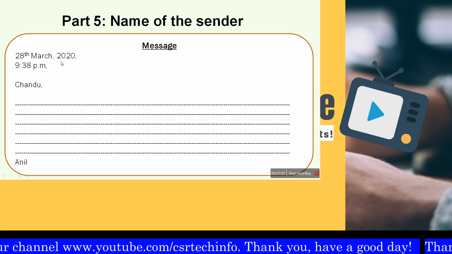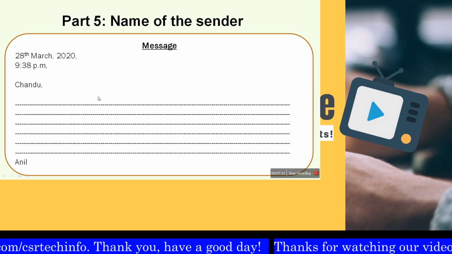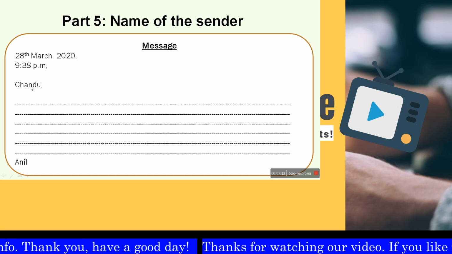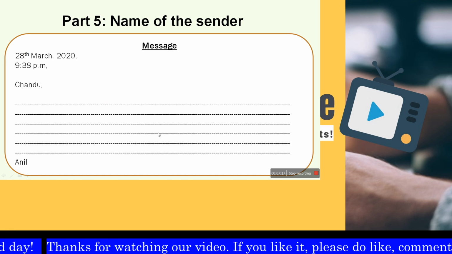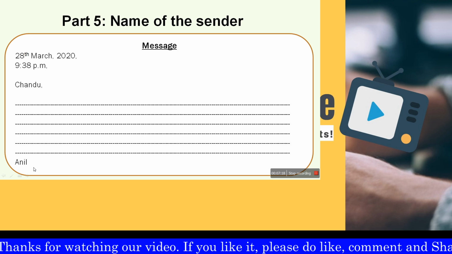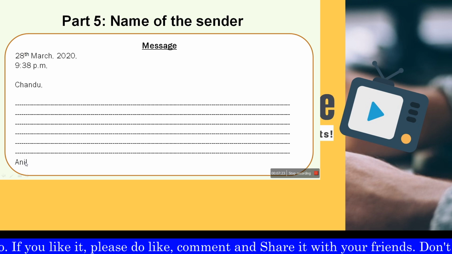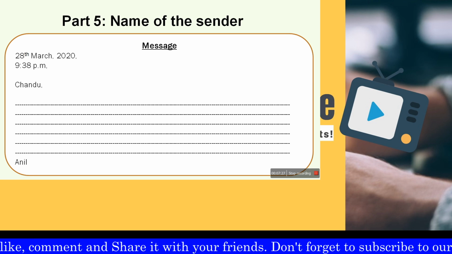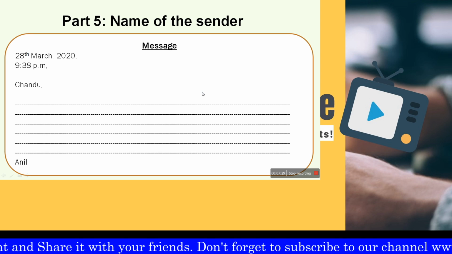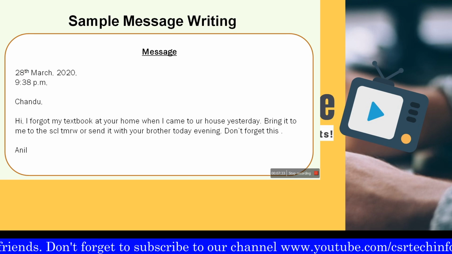In message we write time first, then date next. And the person's name to whom you are writing, one line space, body of the message, then the name of the person who is writing this message. Fine. So 5 parts carrying 5 marks. Let us see one sample message. This is